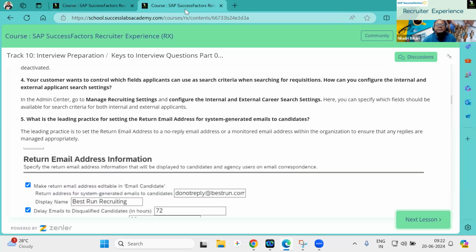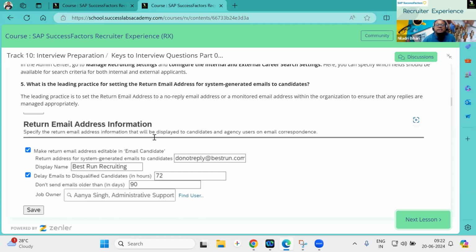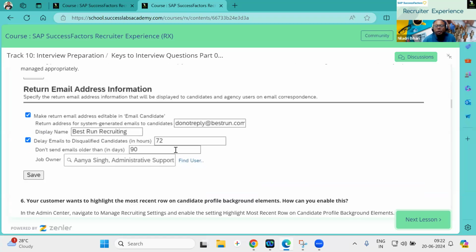Those settings are already in our SuccessFactors. As a best practice, you should always set it. I have given a dummy name here. You can give your actual name, best your company name. Here, as you can see, I have mentioned do not reply.